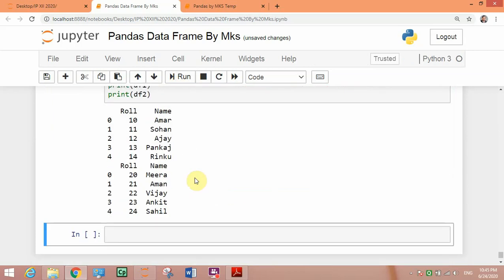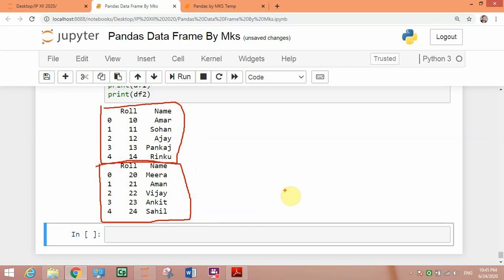So, here you can see two dictionary has been changed into two data frame, first one and this is second one, both are having different roll numbers and names.